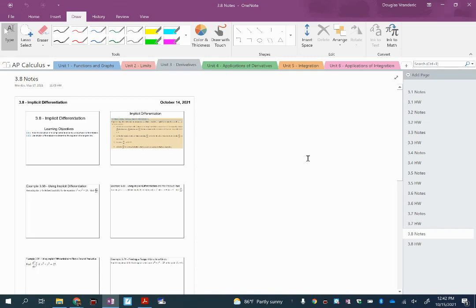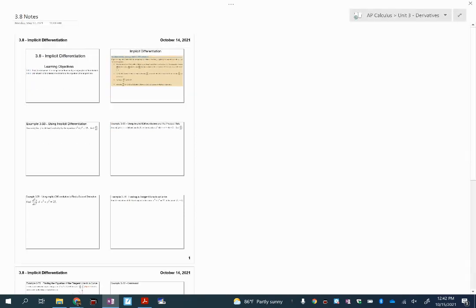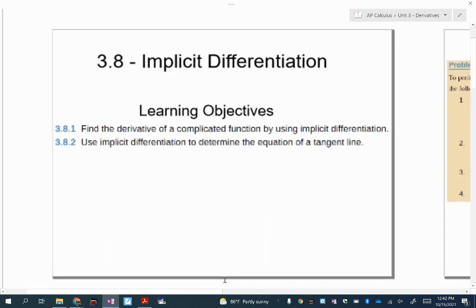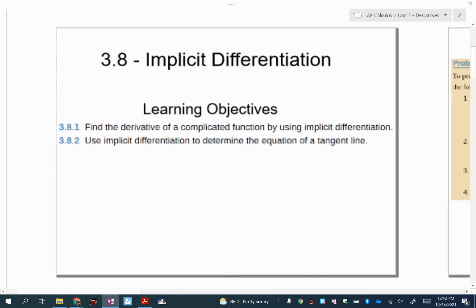This lesson is our last official lesson before we start getting ready for the test. And this lesson is going to be about implicit differentiation. And just to make sure you don't get bogged down in the fact that this sounds very complicated, essentially, up to this point, every problem that we've found the derivative for or used differentiation, which